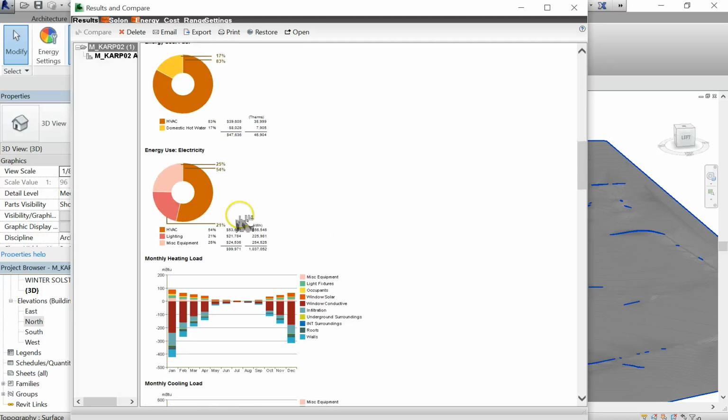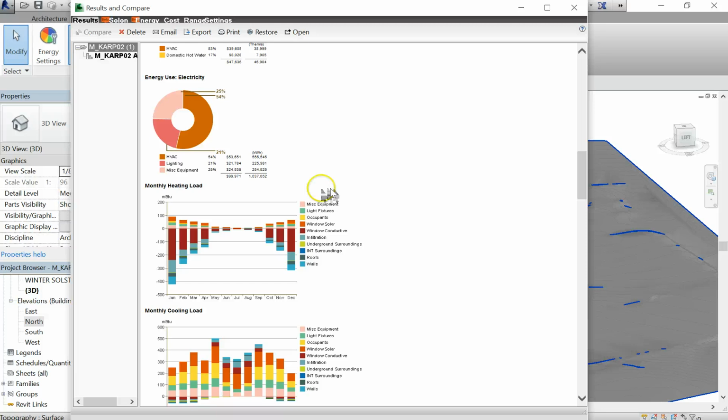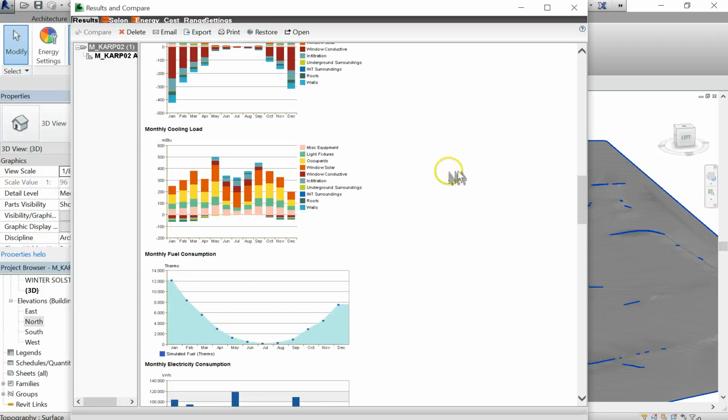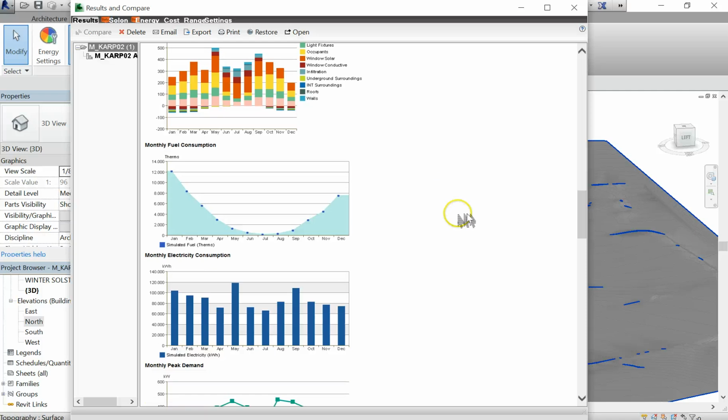So you can go through all of the data that comes through. And again, don't dive too deep into this because this is still very schematic, but you can use this to compare different schemes to each other. And this just can be exported as a PDF. There's also, if you come down to the very bottom,